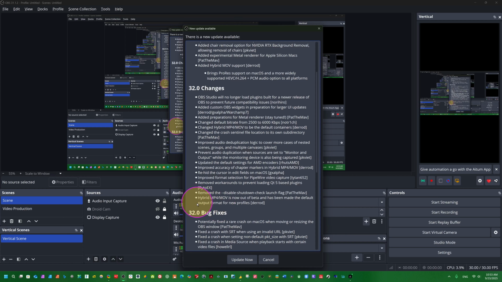So it's very good information. I had been waiting for this. You know what hybrid MP4/MOV means? If you record in OBS Studio and by chance the electricity is lost or your computer shuts down, it will work like MOV. Understand? So now you can use hybrid MP4 when recording in OBS Studio.